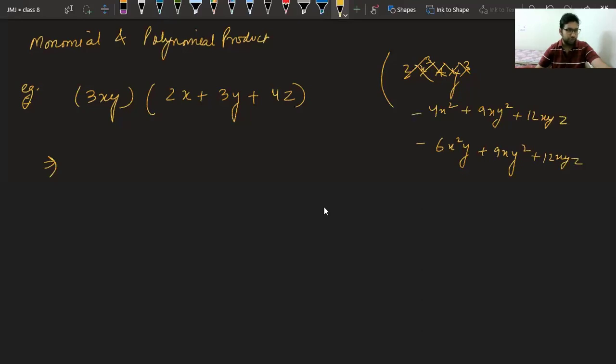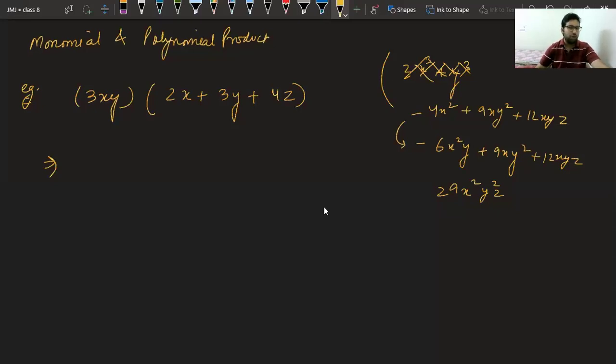Then we have Darpan. Darpan, it seems you are wrong. Vaibhav Gulati, no, I think it's wrong, beta. Sir, mine also 6. Okay, Krishna is changing to 6 now. Okay. Abhinav is saying the same answer, 6x square y plus 9xy square plus 12xyz. I think this is the correct one. Srishti is saying the same answer now. Okay. Harshul is not putting any plus sign. Joel, okay.